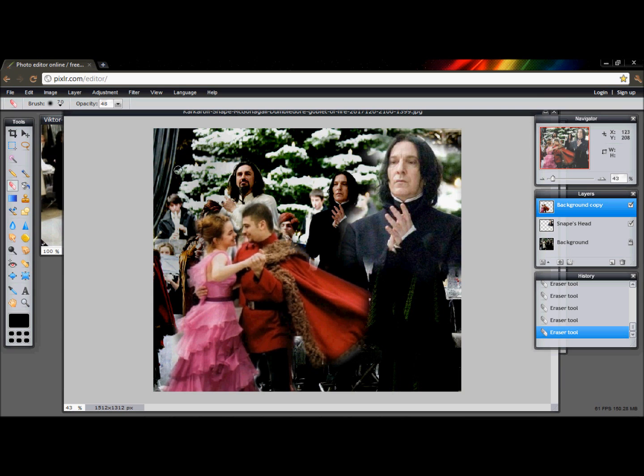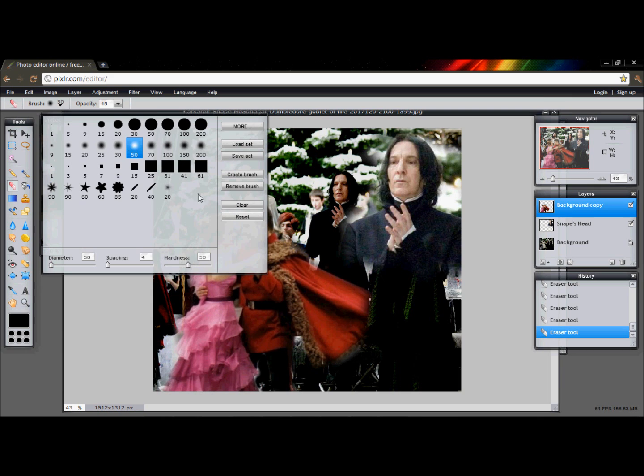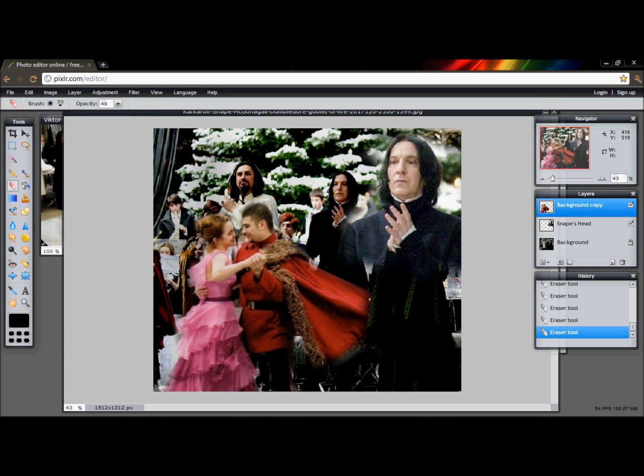And I'm just doing this quickly. I'm not taking my time, and it's what you should do on your first try. Just take your time, try to get everything right. This is just a quick tutorial to show you how I do things. And you're also going to have a smaller brush. We're going to go right in between Hermione and Victor